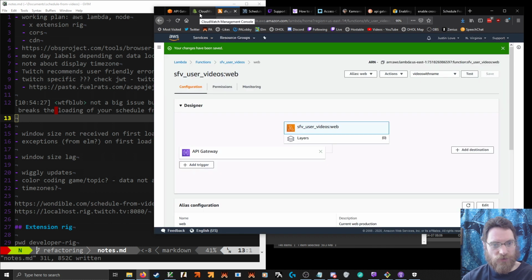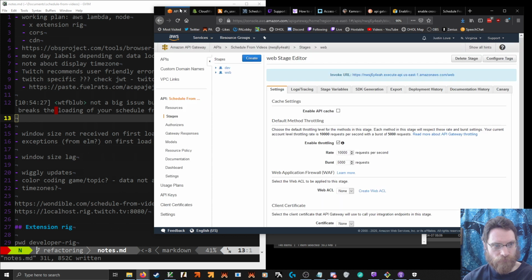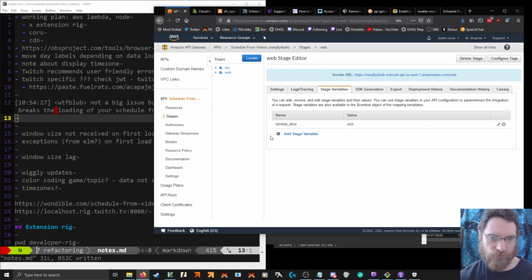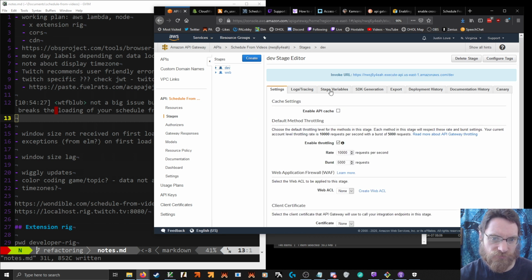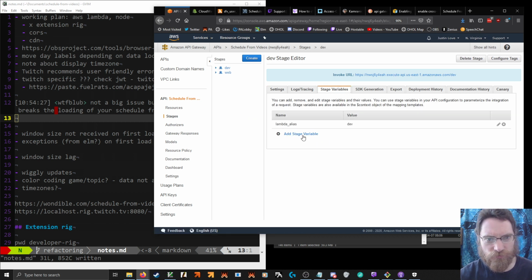So we would have to assume HTTPS, which generally you probably should. That's going to be a stage variable again, or the allowed origin. So that goes into lambda alias. So web stage, I guess you would set this one up first.